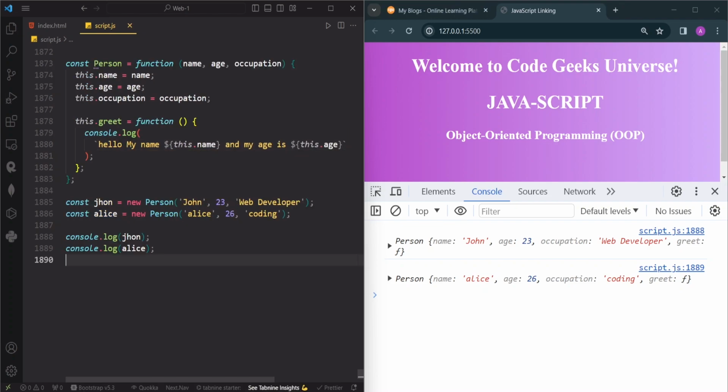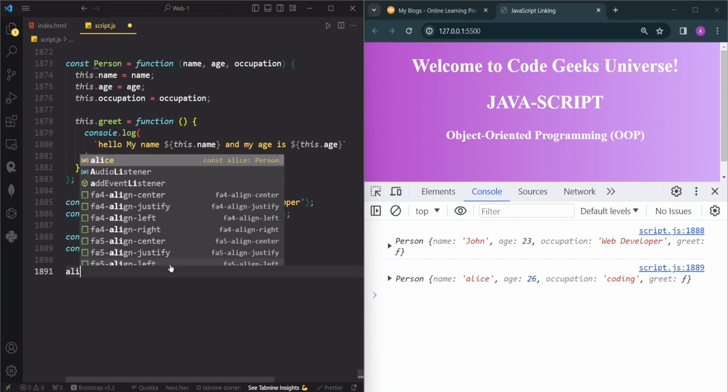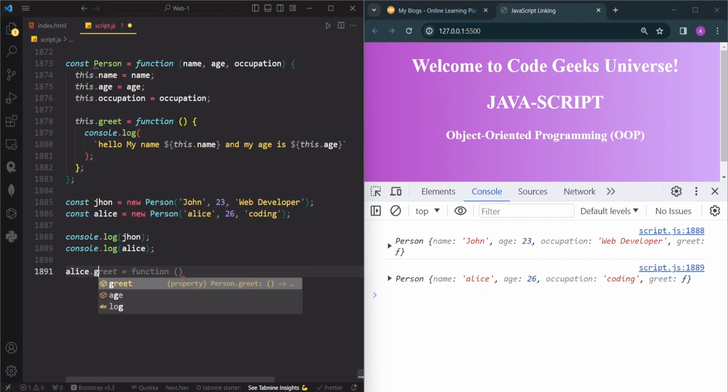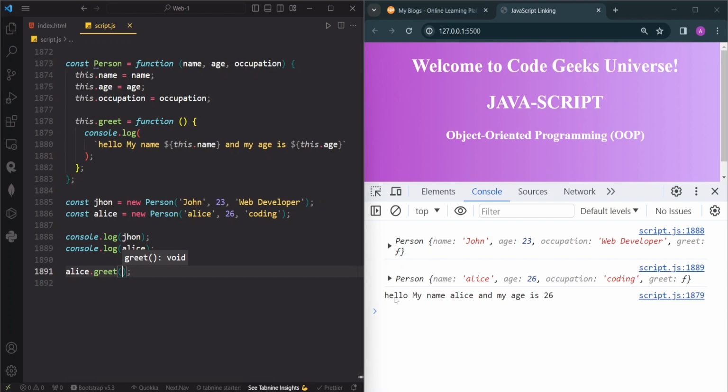Now to use these methods, we can write alice.greet, and if we call this, you can see: Hello, my name is Alice and my age is 26. But this is not a good way of doing this, because when we add methods to our constructor function, we